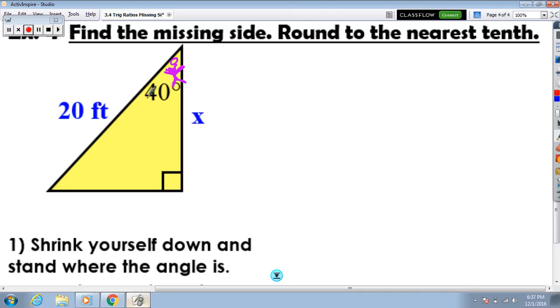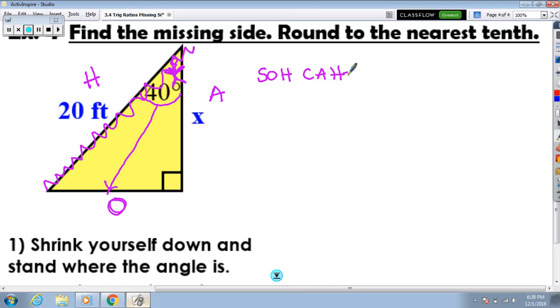All right. So we're looking at it from the perspective of 40 degrees, and he was up in this corner, so that's why I draw my stick person. So this side would be the opposite side. I don't have anything on the opposite side. That makes this one the adjacent side because this, the diagonal side or the side across from the right angle, is the hypotenuse. All right, so what are we using? SOH CAH TOA. We have an adjacent and hypotenuse. That means we get to use cosine, which is good because we haven't got to use him today. Okay, so cosine,